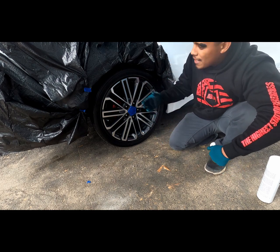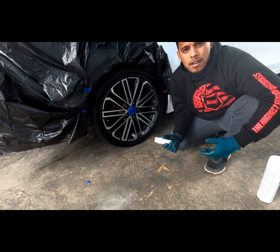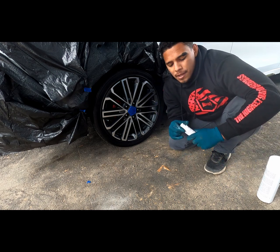I kind of have them taped. But yeah, overspray shouldn't be a big deal, but follow those guidelines and you should be okay. The last step that I have before I actually do the plastic or the Hyperdip